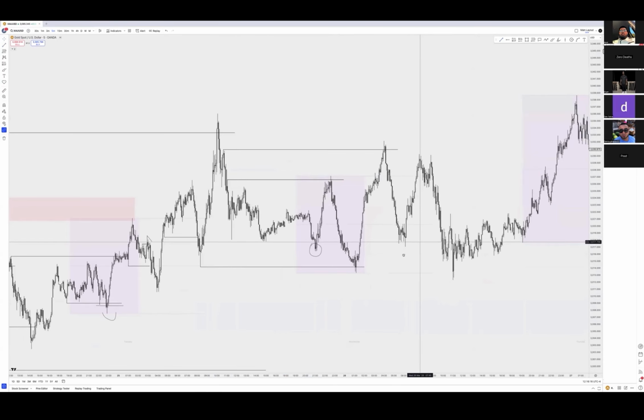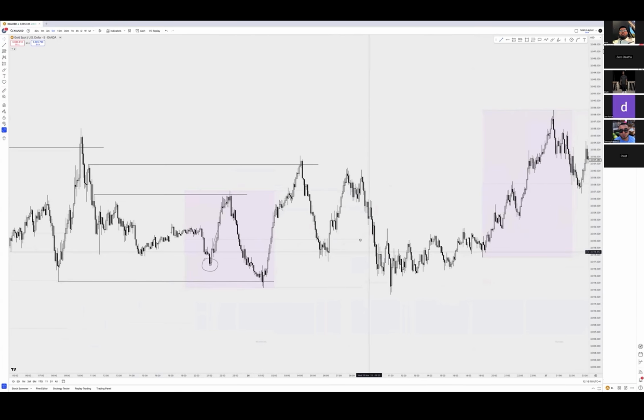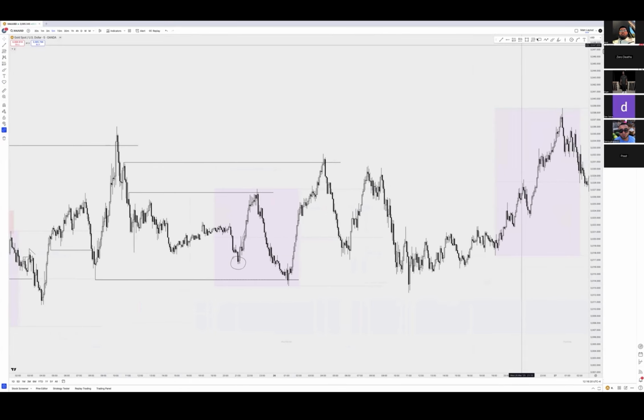And then it starts moving to the downside. Now, like I said, a couple things, to be honest. You got this liquidity here. But like I always say, I need to see reactions from certain areas so I know liquidity is being built there. Now this high got taken out,